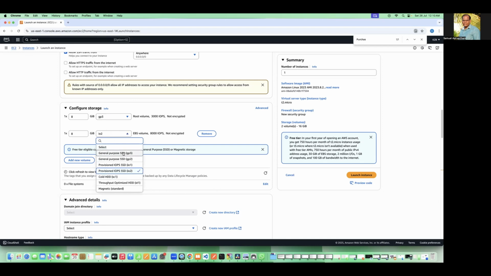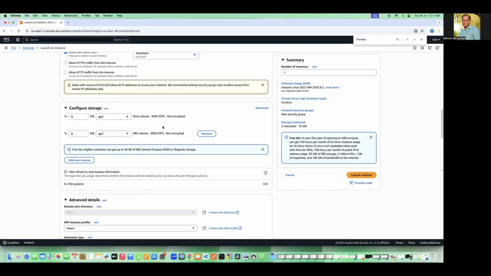Then in the list is general purpose SSD. Well, general purpose volumes are good for regular server workloads, and they ideally provide low latency performance. All right, as I toggle, you see for the general purpose SSD EBS volume, I get 3000 input output operations per second. A general use case of this is that it generally gets attached or used as a boot volume for our Linux